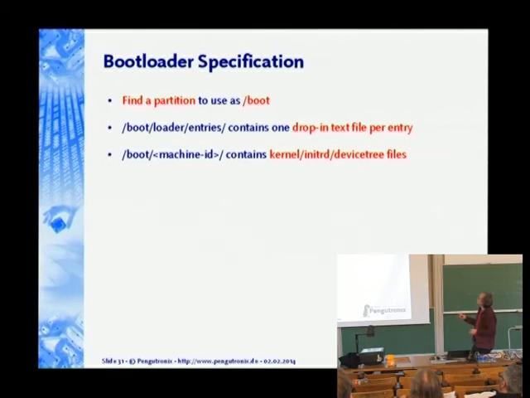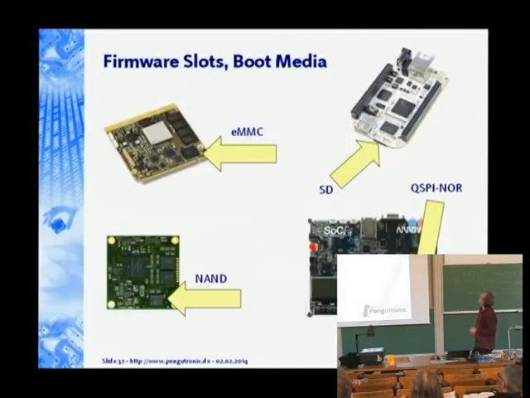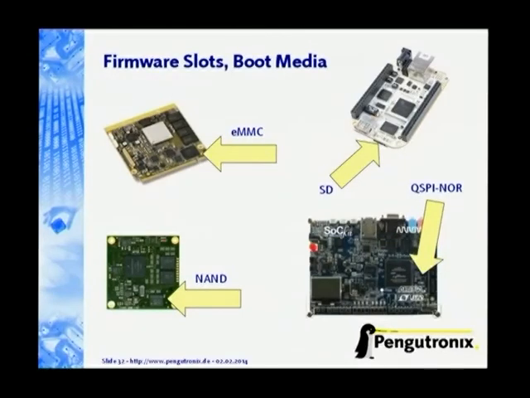And then you can have a directory here with a machine ID, and in there you have kernel and initrd, device tree, and so if you look at different hardware, this is what we currently care about. One of these embedded boards from the history here, or another one, the socket here, FPGA or video board, something like that. And you see that there's a completely different set of media: eMMC here, NAND, SD card, SPI NOR, or something like that. And what the bootloader wants to do is look inside, find out what's in there, and either select one of those or use any algorithm to choose between them.